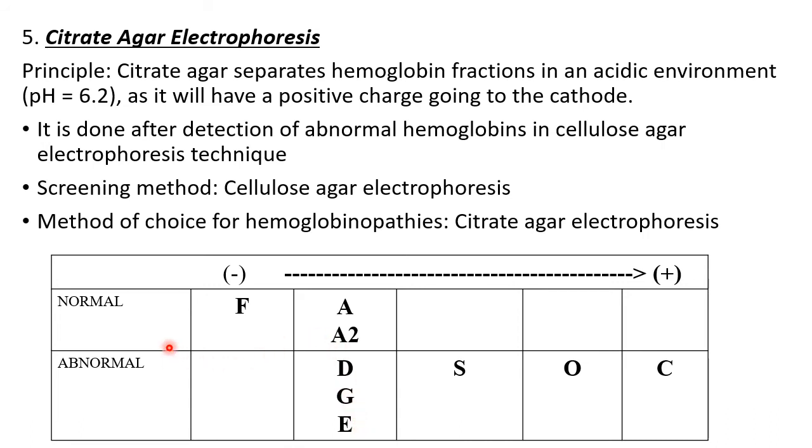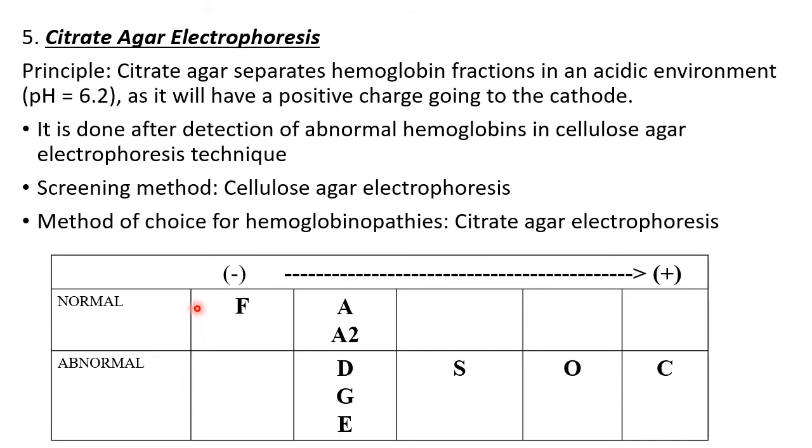So, bakit to kinonsider as the method of choice? Okay? Kasi napaghiwalay nito yung ating mga magkakasama kanina, right? Magkakasama si S, D, and G, C, and E, and O sa alkaline electrophoresis. Pagdating kay citrate, kaya na niyang paghiwalayin. So, ito yung ating principle of the test. Kaya siya naging method of choice. Kaya niyang paghiwa-hiwalayin yung mga abnormal